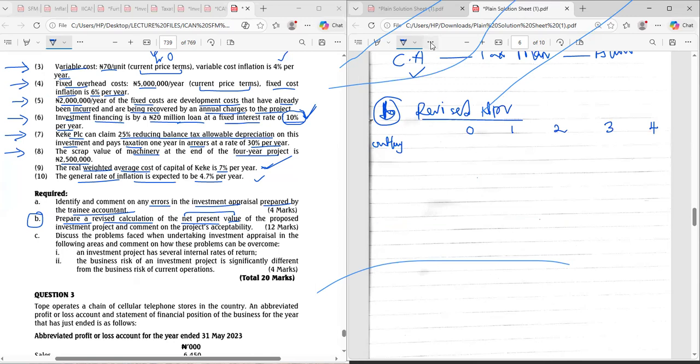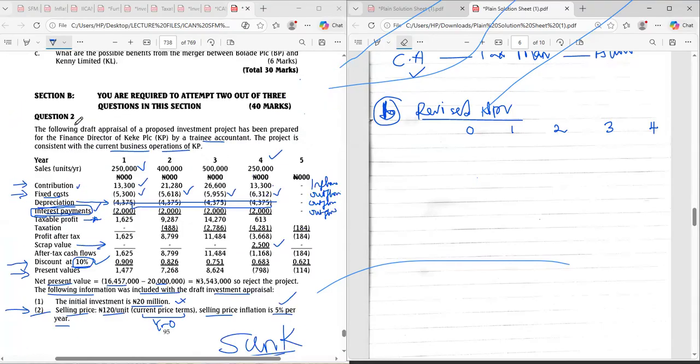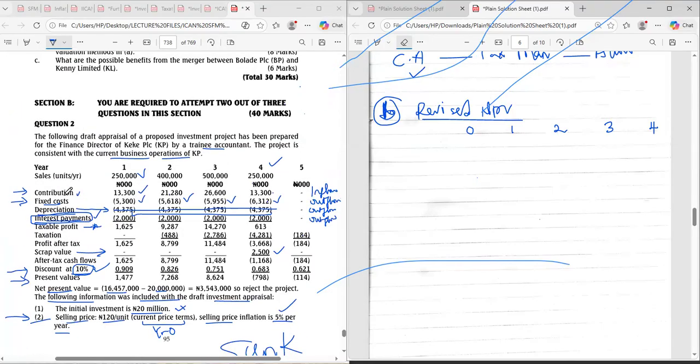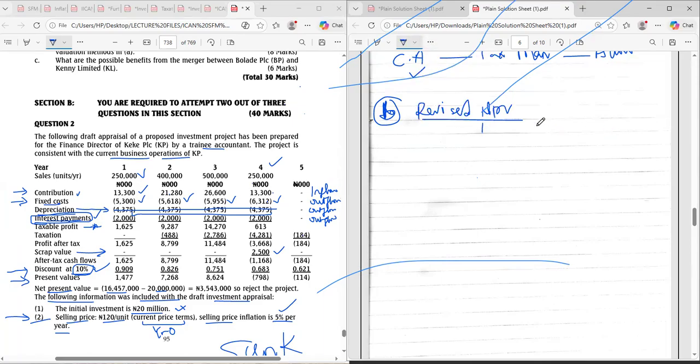Let me not start with outlay because I started with outlay in that first one. I can decide not to start with outlay. It's your choice. So what can I start with? Let me start with contribution. So let me just change this pattern so you can see what I'm doing. I want you guys to be very flexible. So let me clean everything here and start with years 1, 2, 3, and 4. So what's my contribution?